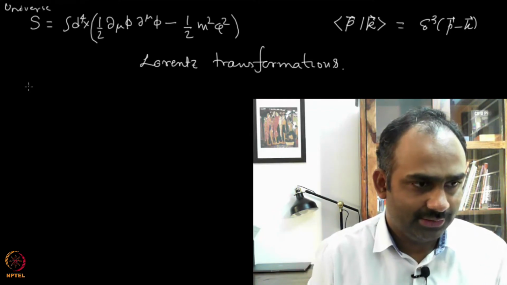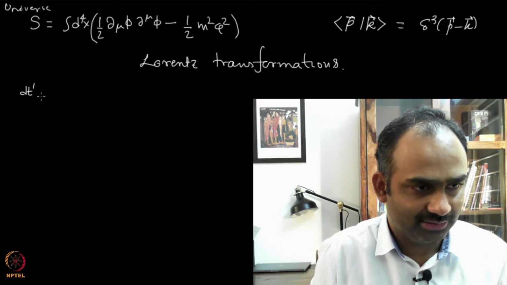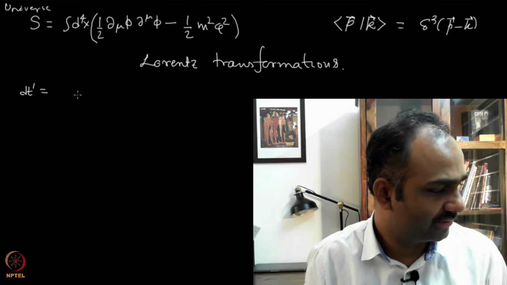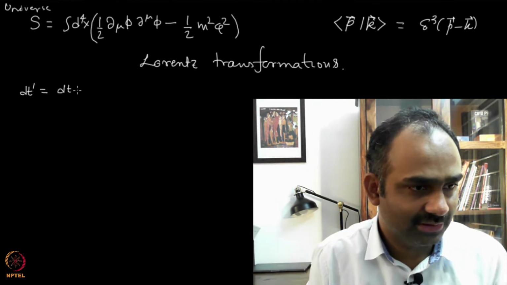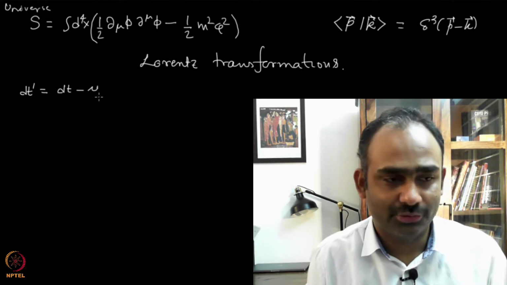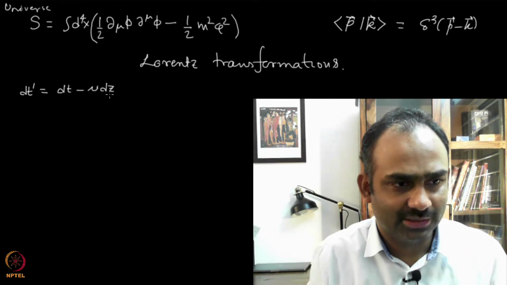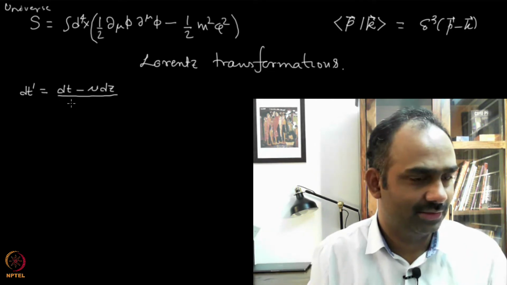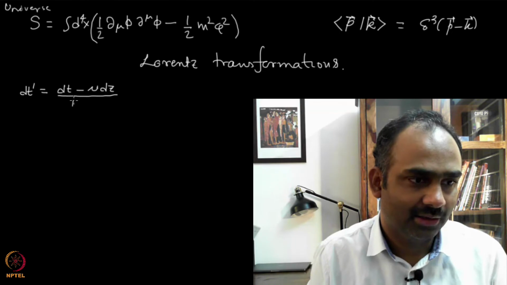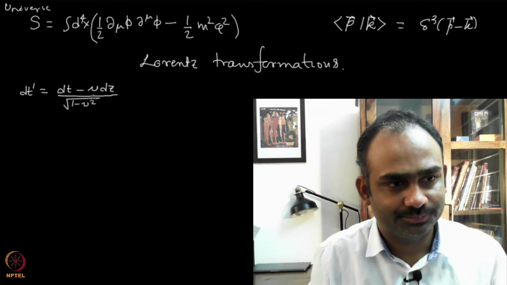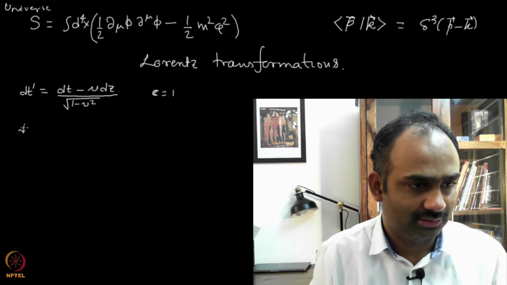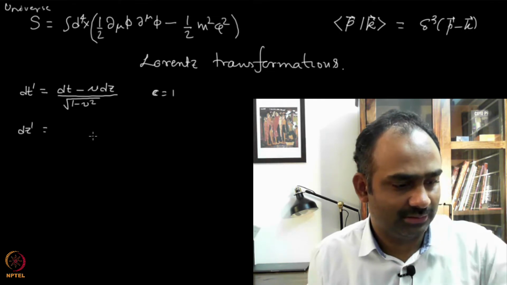So, you have already seen these things. If you take a time interval dt prime in the primed frame, and see how it is related to unprimed variables, v is the relative velocity of the two frames of reference, and suppose the boost is only along the z direction. The primed frame is moving with velocity v with respect to the unprimed frame, and you know this is your dt prime, where I have put c equal to 1, and dz prime is, let me not write like this,